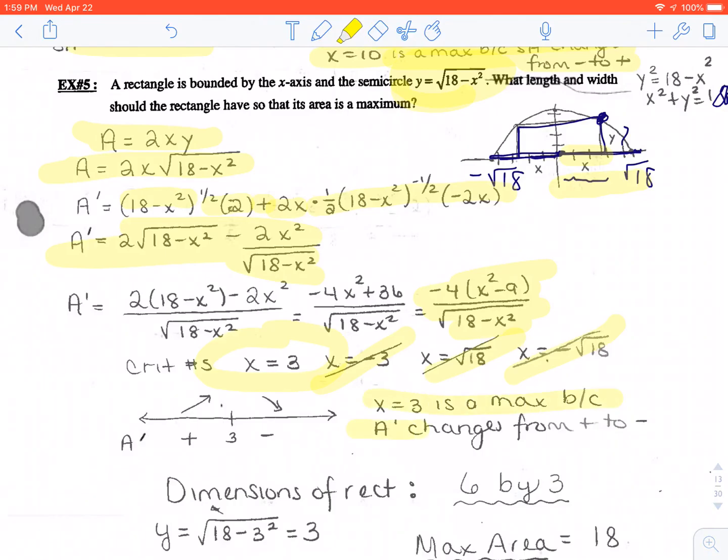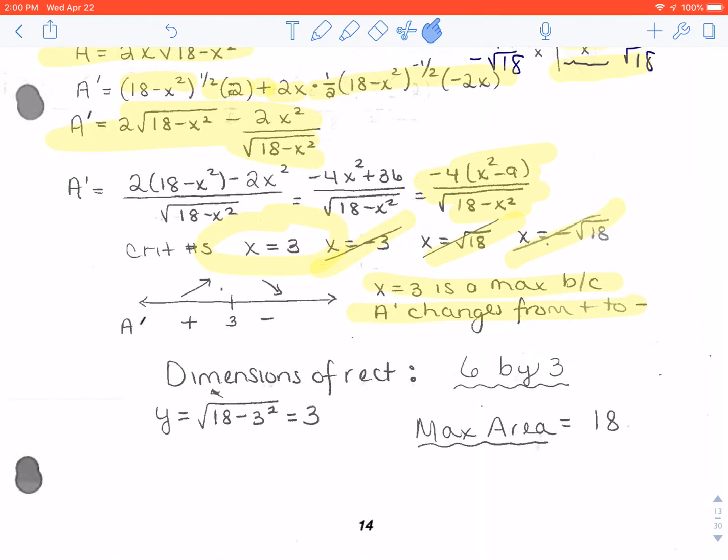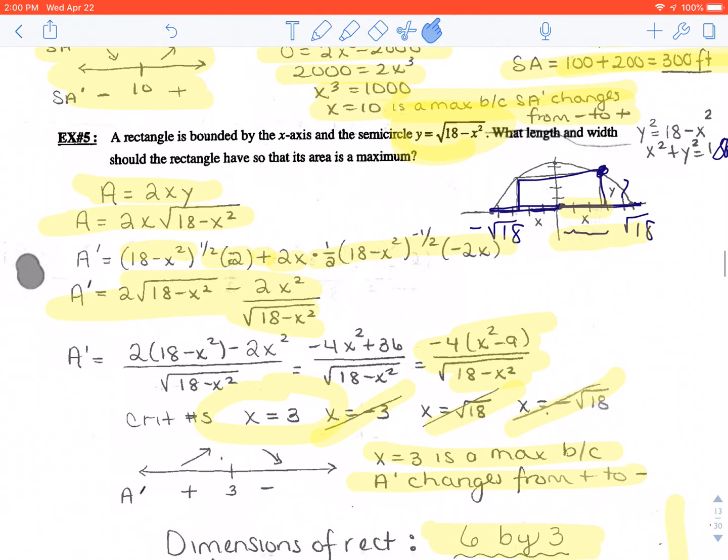I do have to check to see if the derivative changes from positive to negative. It does, so it is a maximum. So then I can go and find my dimensions. If x is 3, I can find y, and then I can find the maximum area. They didn't give units on this one, so we could put